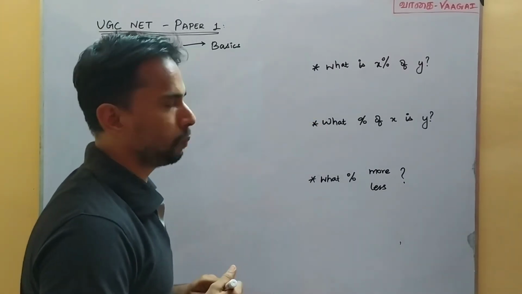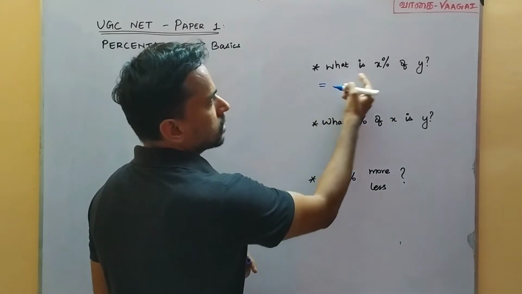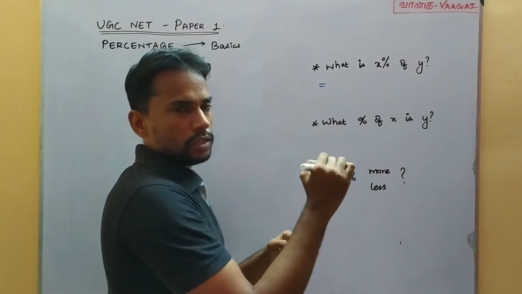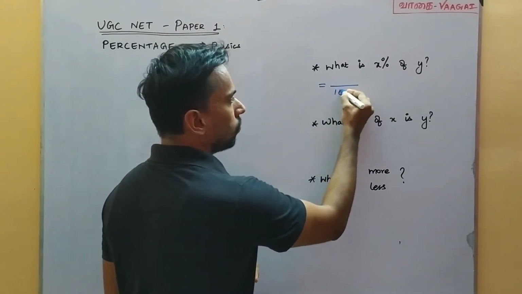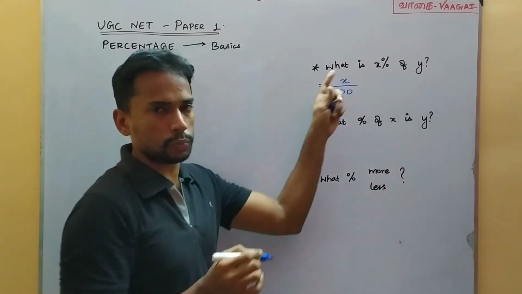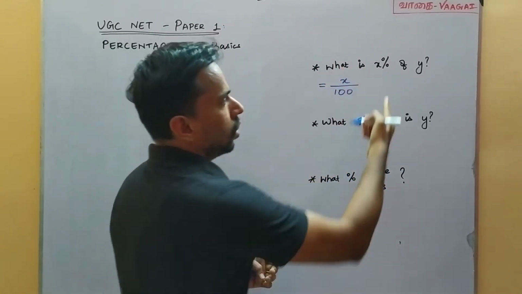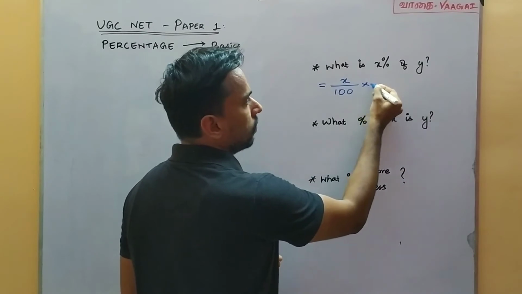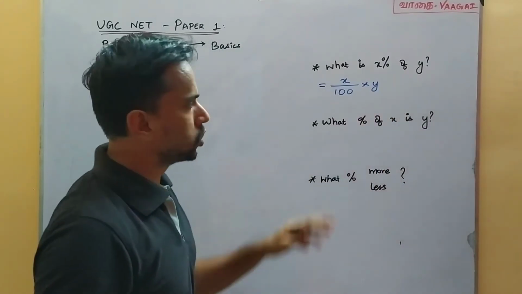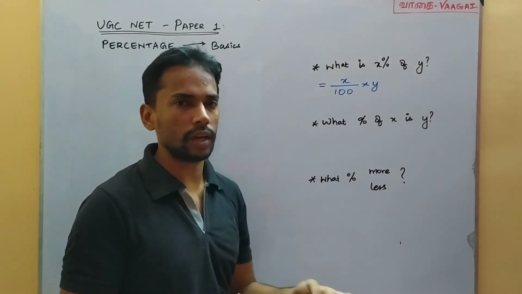See here how we are going to perform this. So what is X percentage? That means we need to take out of 100, it is X. So X percentage of what number? Of the number Y. That means we must multiply it by Y. So this calculation, when we just simplify, we can get the answer.